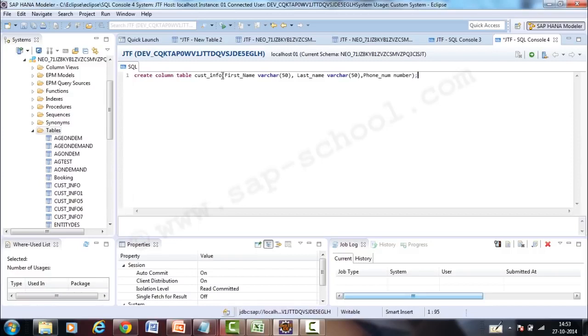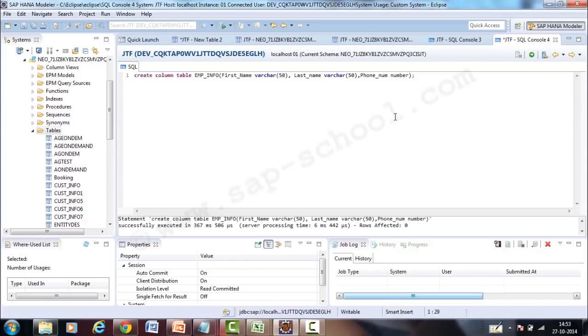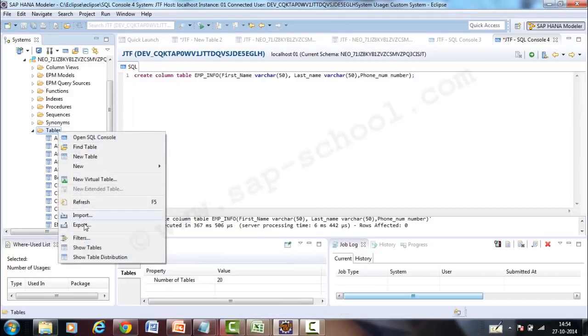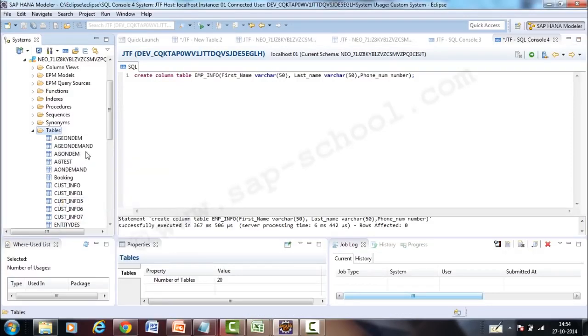Create column table, amp info, first name, last name, phone number. So I hit execute, and it says it has been created successfully over here. So if I refresh my table here, I should be able to see it